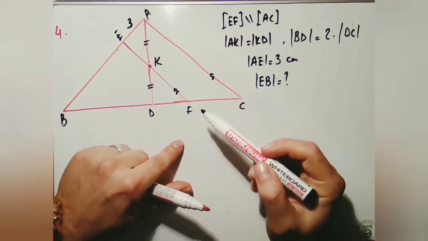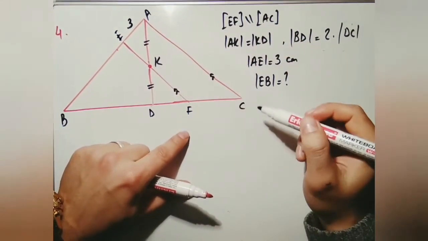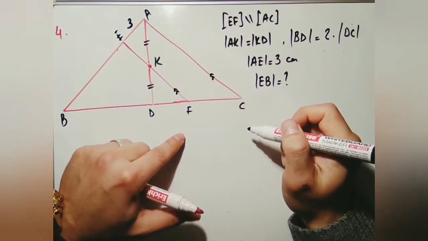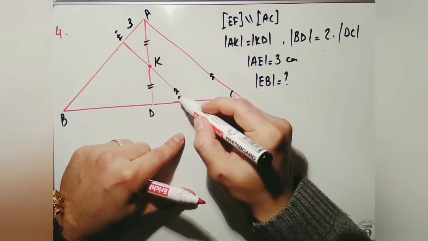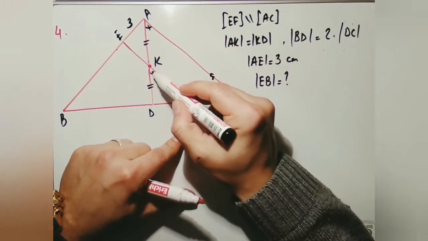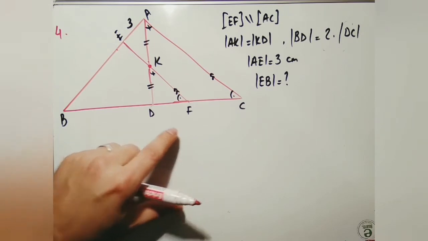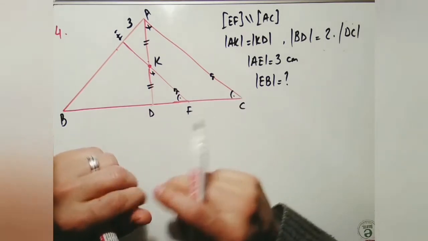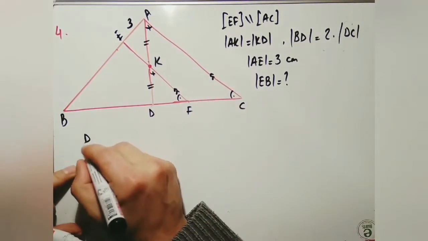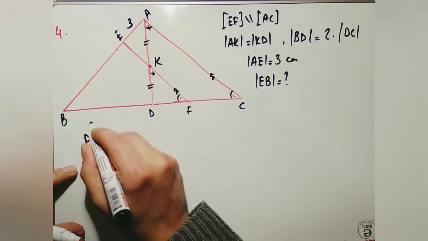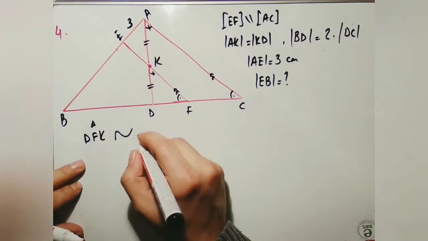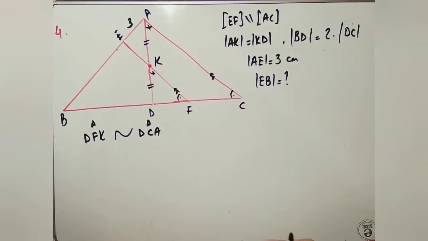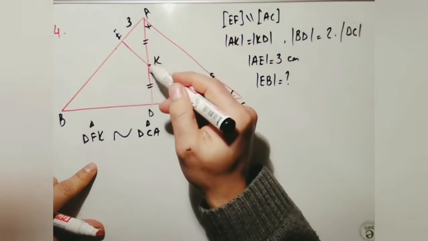And here, if EF is parallel to side AC, then KF is also parallel to AC. So we say that C and F, A and K are corresponding angles, and D is the common angle between triangle DFK and DCA. So we say triangle DFK is similar to triangle DCA. By using the triangle proportionality theorem, AK over KD